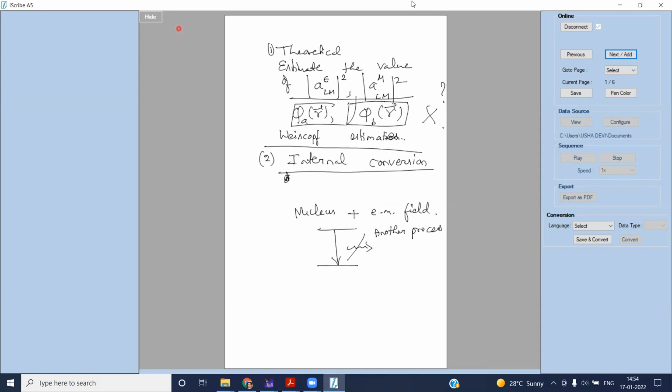If you have any questions, what I have told you today is an experimental setup. So you should be able to